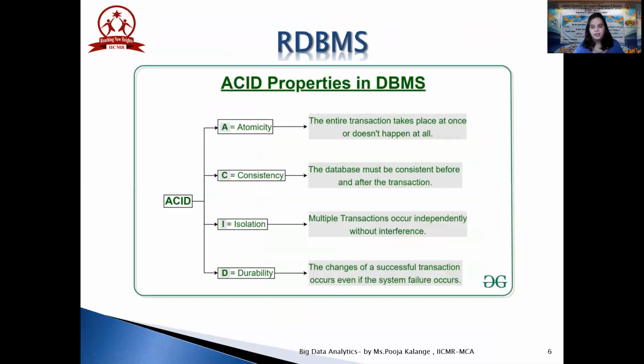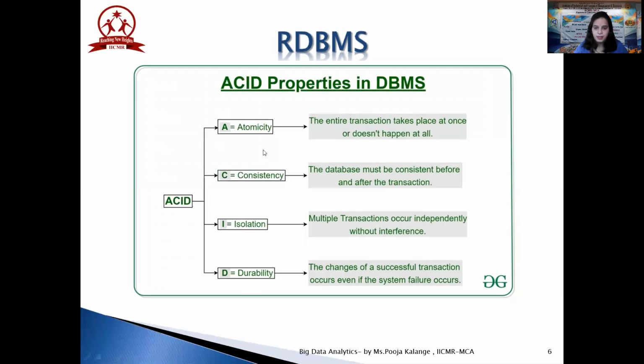Moving on to the next part. Before we move on to basic big data, we need to understand the concepts of relational DBMS, because we need to study the base properties available in NoSQL. So before that, we need to know the ACID properties in DBMS. You already know Codd's rules, and now this is one of the important properties, the ACID properties in DBMS. A stands for atomicity, C for consistency, I for isolation, and D for durability. You know the ACID properties very well, so since we are in the refresher course, we are just taking a quick recap and brushing up the previous concepts.